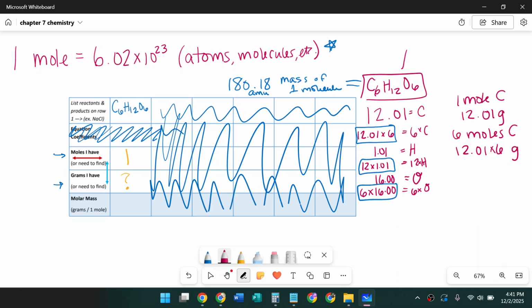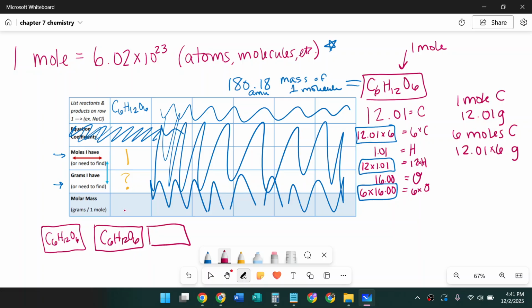If I have 1 mole of this thing, that means I would have, let's put, this is one of these. Let's pretend I want 2 of these things. I'm going to write it again. Let's pretend I want 3 of these things. I'm going to write it again. How many carbons do I have altogether? At first I had 6 of them, but if I have 3 of them, I now have 18 of them. And so if I have a dozen of these, let's pretend,